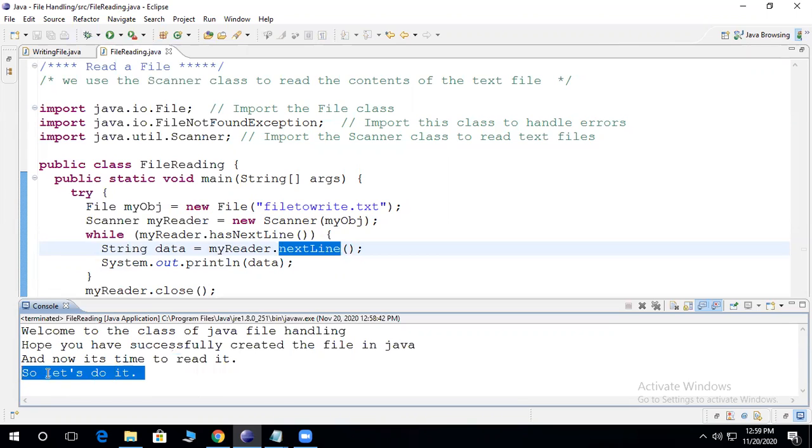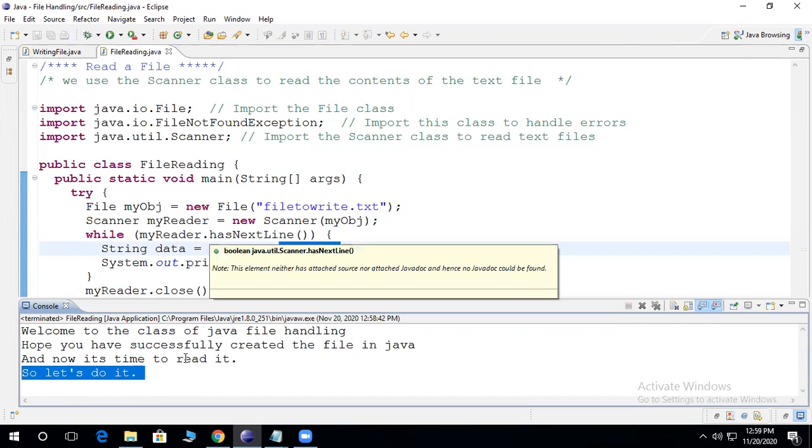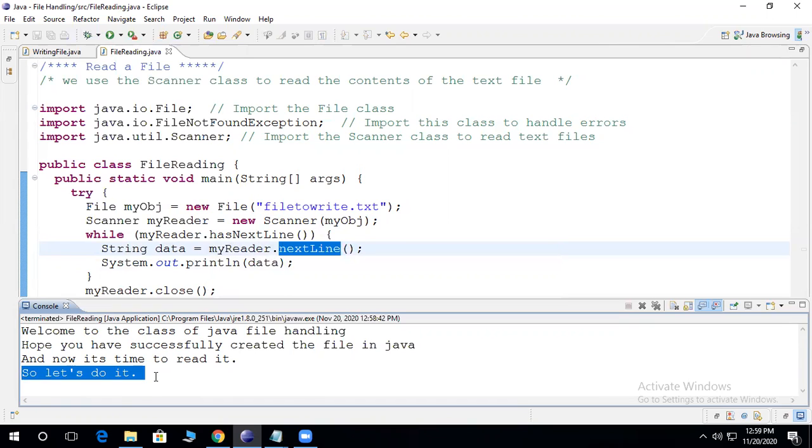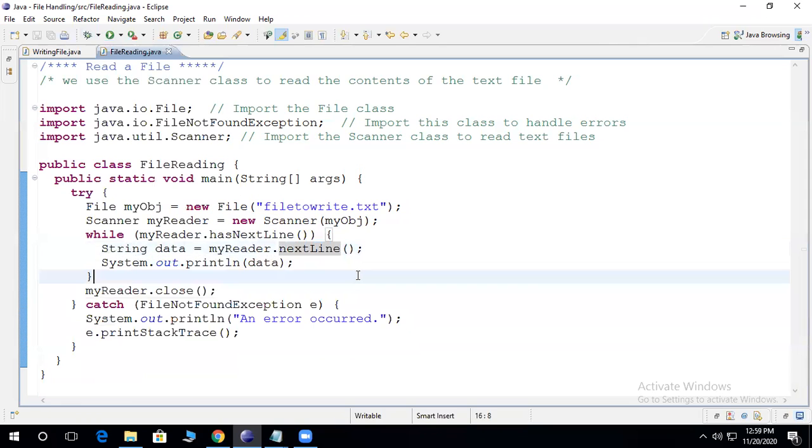Then the last line will get copied into data and printed on the screen. But after this, hasNextLine will return the false value because it is the end of the file. So it will terminate the loop and come out of the loop. So this is all about reading the file. Okay, thank you so much.